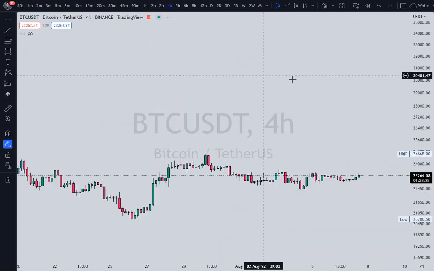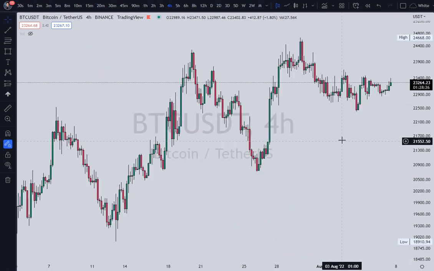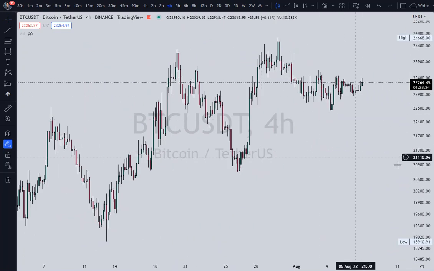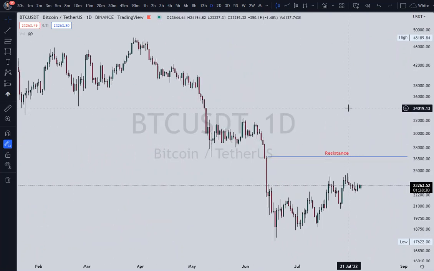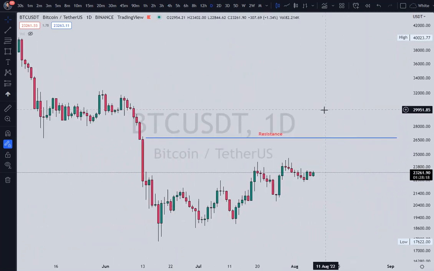Okay, let me clear this one. Let's go to 4 hour and let's see what's going on in the 4 hour time frame. I forgot one point here. Here you can clearly see we had a low here, then another higher low, higher low, higher low. So we are in a very clear uptrend. But